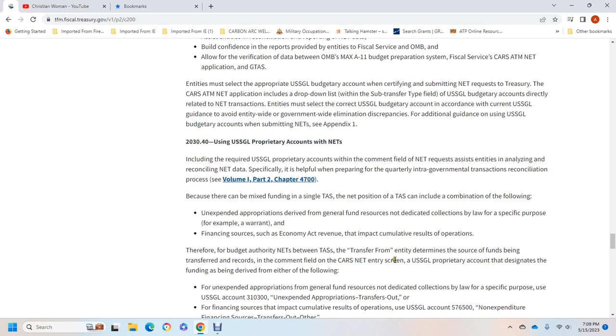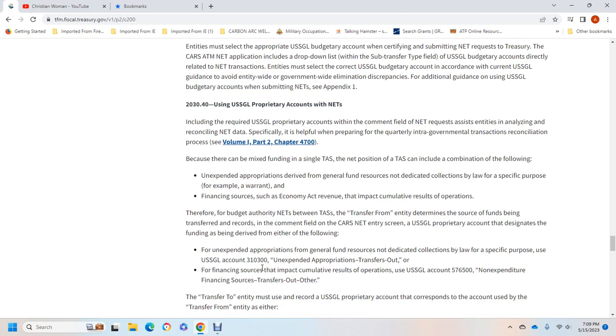USSGL proprietary account with the designated funding derived from either of the following: for expenditure appropriation, general fund reserve for the non-dedicated collections by law, specifically for the USSGL 310 300 unappropriated operation transfer out for financial source, the impact cumulative results of operations. USSGL is